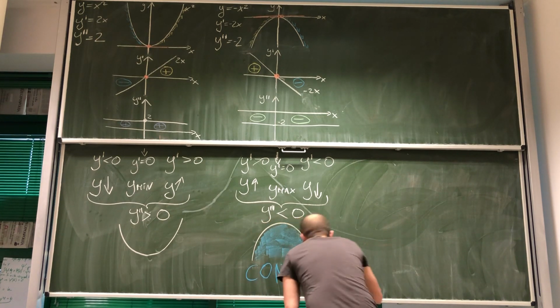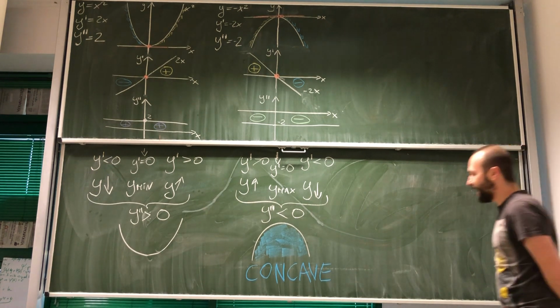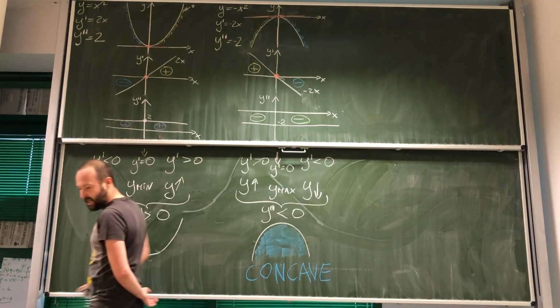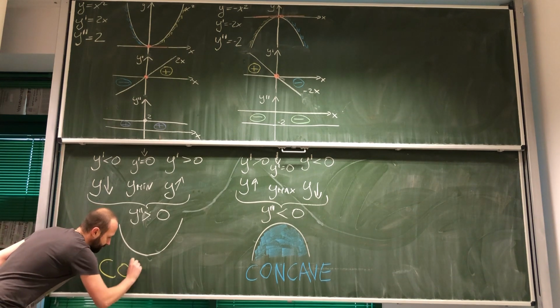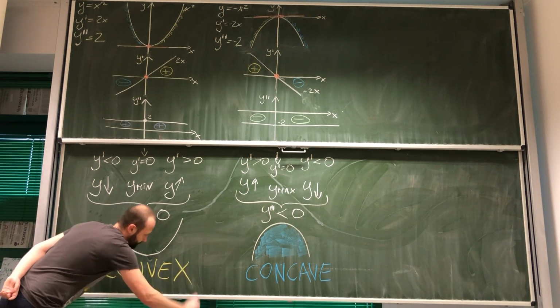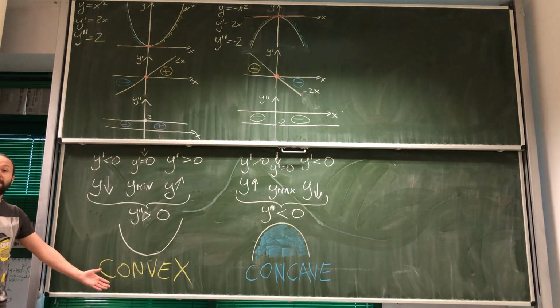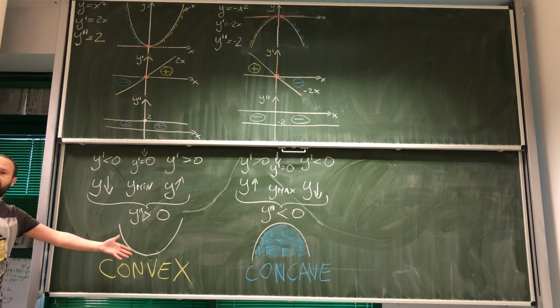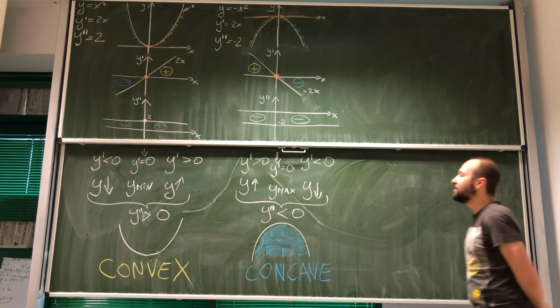And look, this is a very good mnemonic device to remember it. Because when do we have a concave shape? When it does look like a cave. On the other hand, if we have this type of shape, we call it convex. Why do we call it convex? Because it doesn't look like a cave. Now that we know it, we can actually